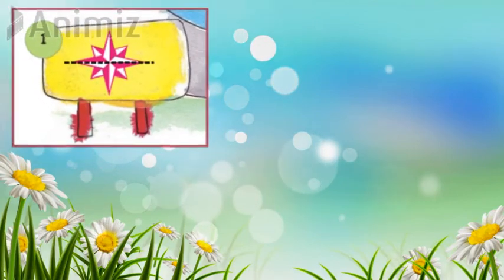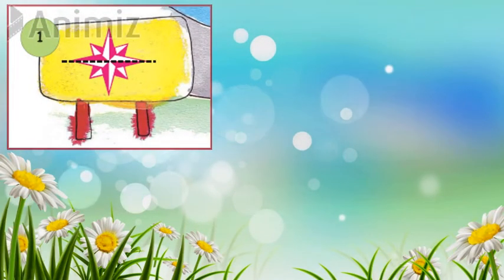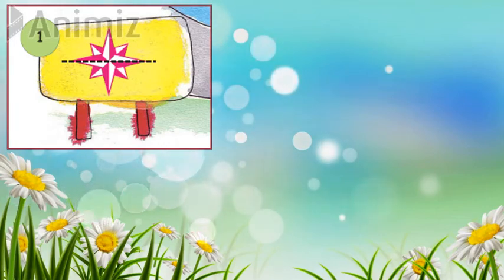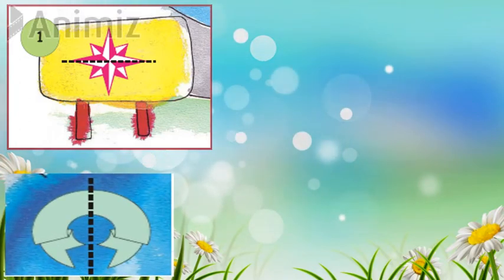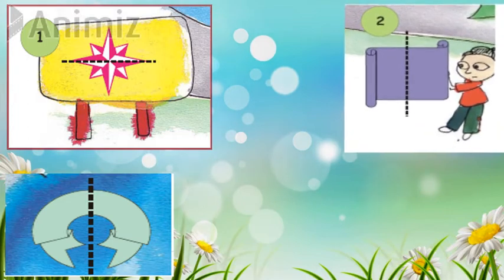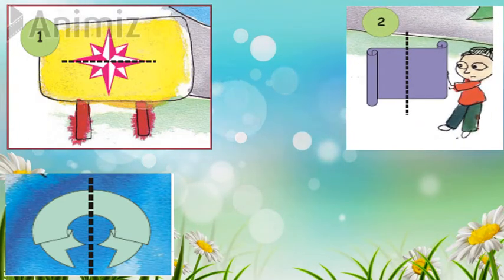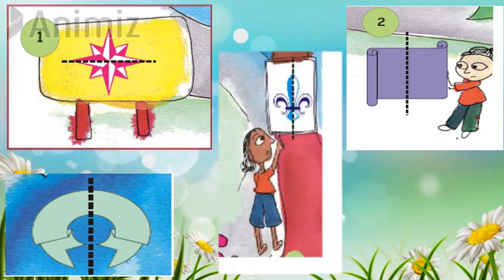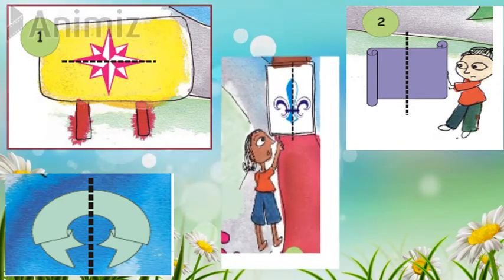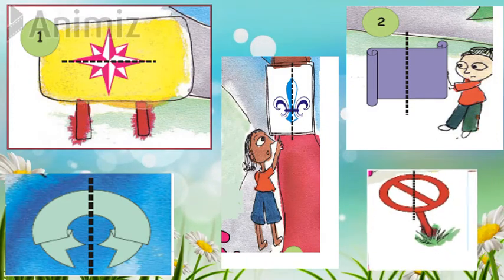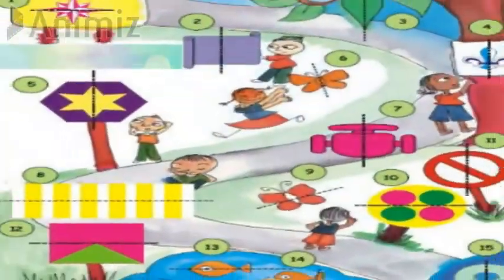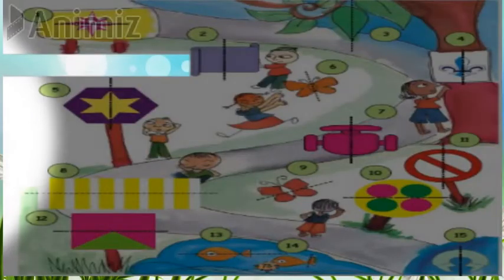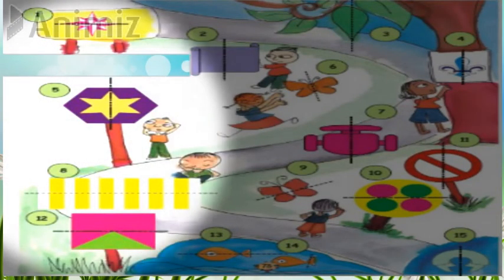Now this figure is not a mirror half, because if you overlap this figure, the color will not be the same. Now this figure is a mirror half. This figure is again not a mirror half. Now tell me this one. This one is also not a mirror half. And this one is obviously no. So students, you have seen some examples where the mirror half should also cover the complete bottom part.